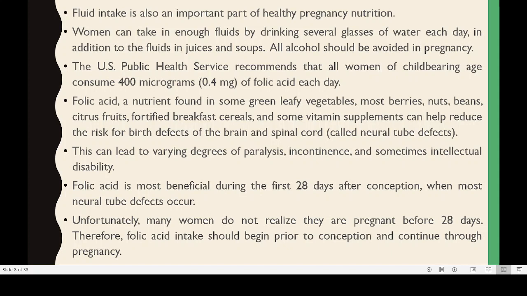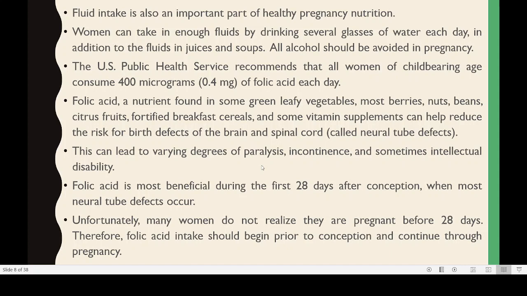If you notice anyone at home who is pregnant, you can see that they will be taking a tablet daily. Most of the time it will be folic acid. So folic acid is the main tablet that is given by doctors during pregnancy. The purpose is to avoid problems, especially problems with the brain and spinal cord. And if there is a deficiency of folic acid, that can lead to varying types of